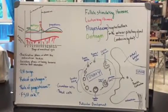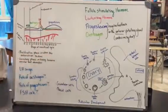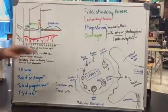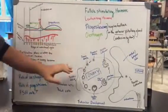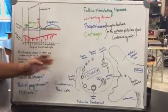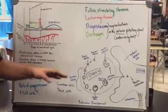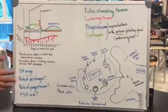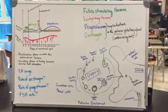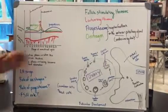So first we start off with the ovarian cycle in the follicular stage, when you have the primordial follicle. And what happens is that it'll go through a series of rounds where there's a lot of cells here. Once it makes its way to the primary follicle, there's even less cells. Then it'll go through a secondary follicle where the follicle actually grows around the oocyte. And then you have the Graafian follicle, which is the last stage. And then we have the thecal cells that surround the granulosa cells. And eventually only the granulosa cells, along with the single dominant oocyte, will make its way across and into the